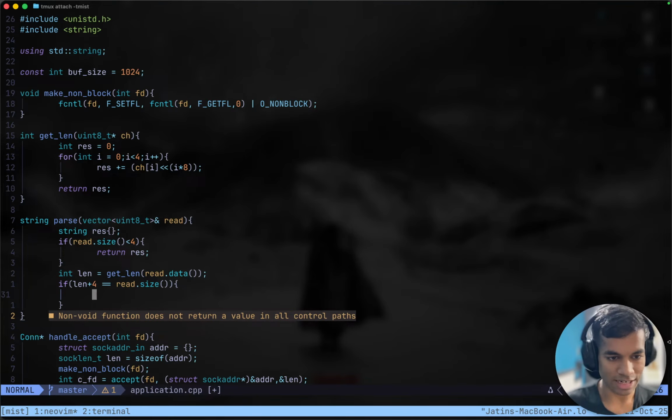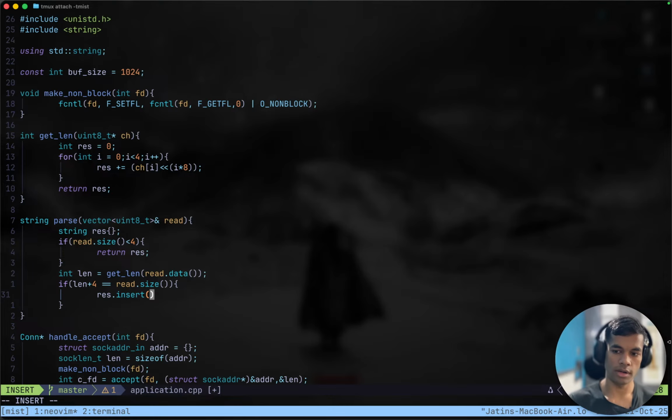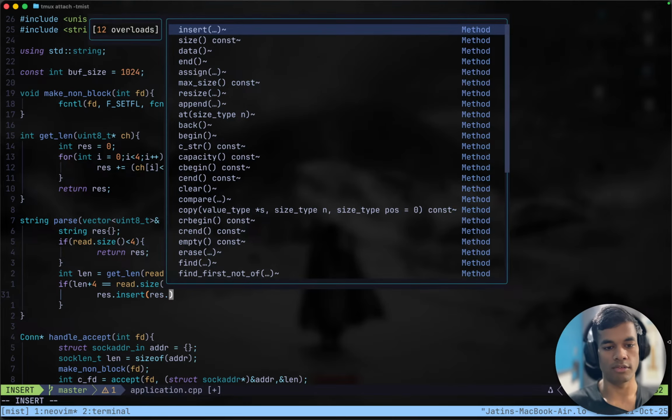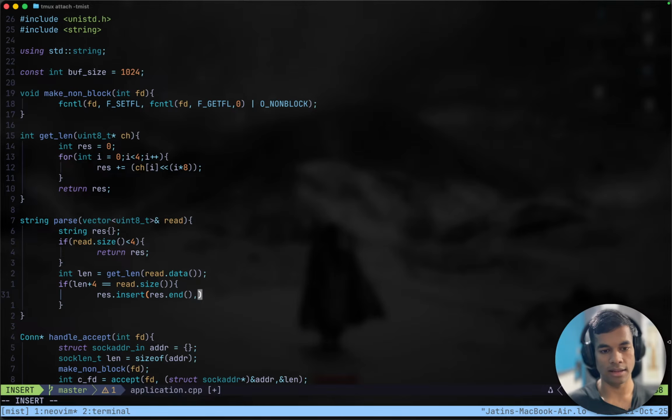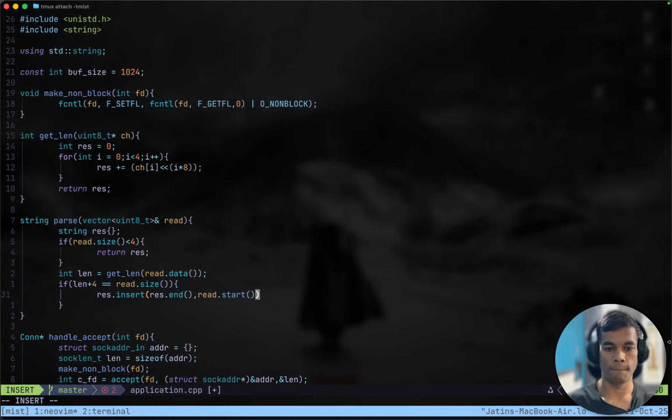Now, if we have read enough so that we can read the whole request, then we will parse this thing. We can just say res dot insert, res is empty, right? Wait, why do we have to call res dot insert? Yes, res dot insert from res dot end, from this location. What do we have to insert? We have to insert read dot begin